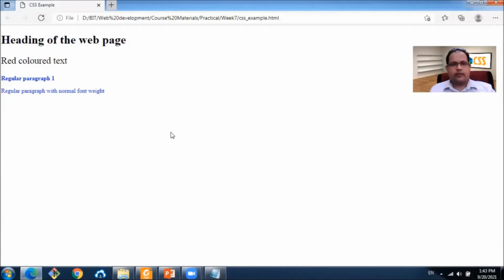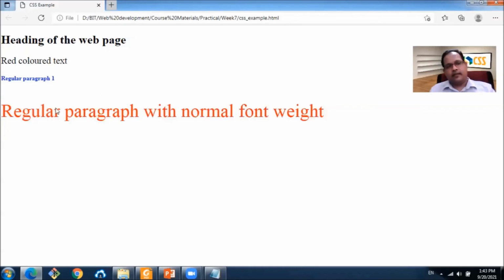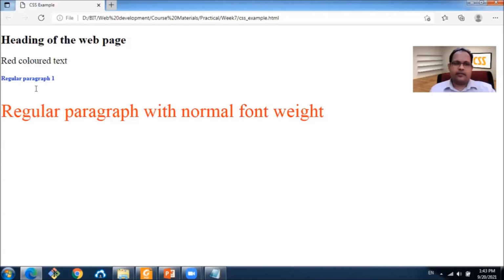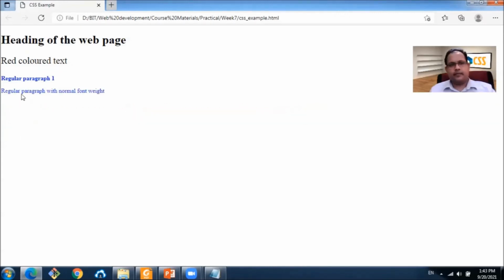Let's open it. When we put our mouse over the third paragraph, we can see how it dynamically changes the styles. Right.